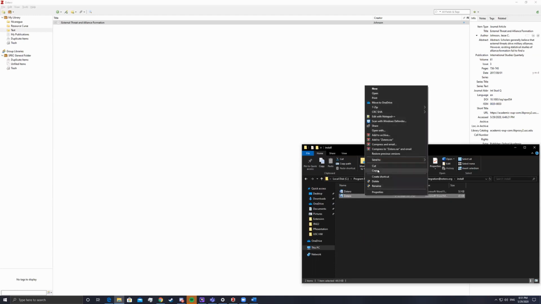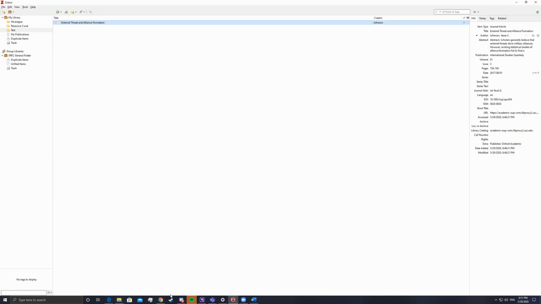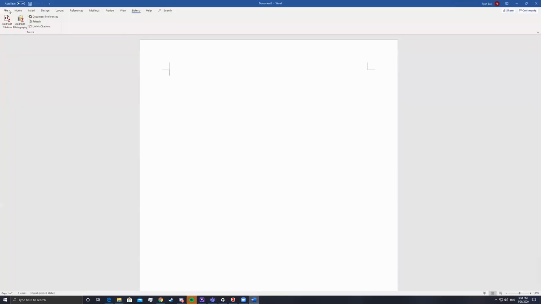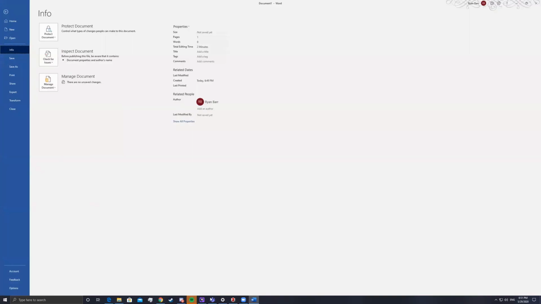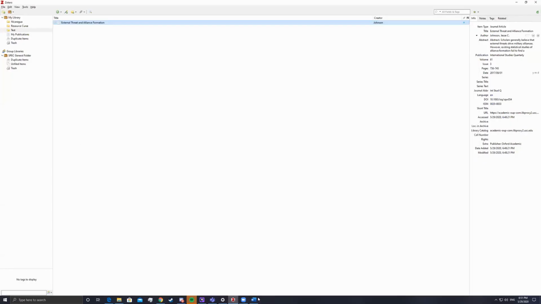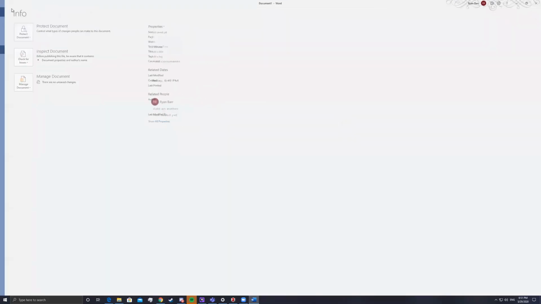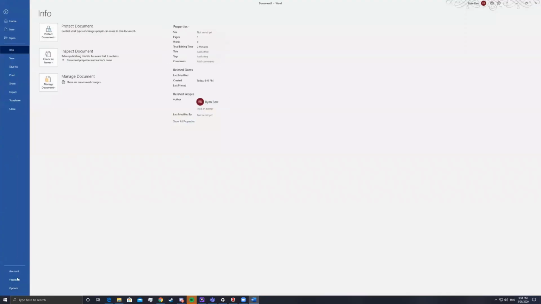Then you're gonna right click it. You're gonna wanna copy it. Don't ask why this is so difficult. I had to look up so many things as to why this is the case and how to fix it. But after you have that copied, you're gonna go into Word, hit File, go to